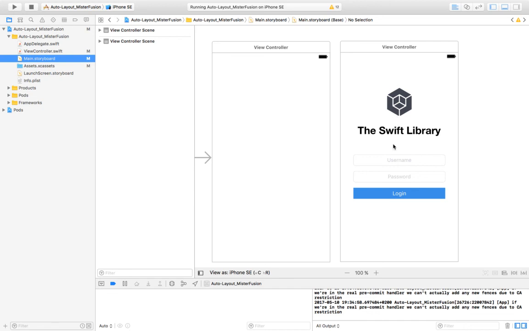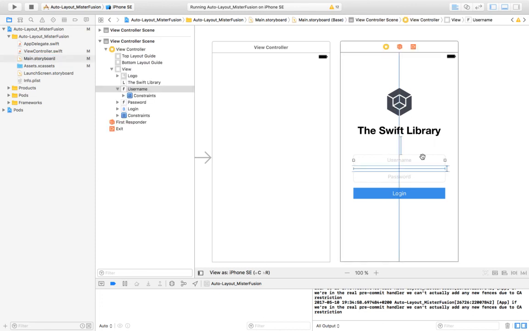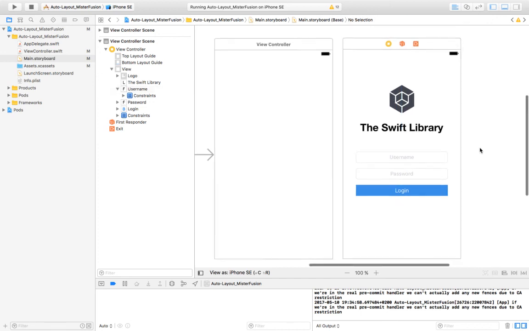Now what we could also have done is we could have started with a login button and then based everything off of the login button, or maybe of the username field, whatever. The only important thing is that you keep things straight in your head. So if you're trying to do an auto layout, spend a little bit of time thinking about how you want to do this,